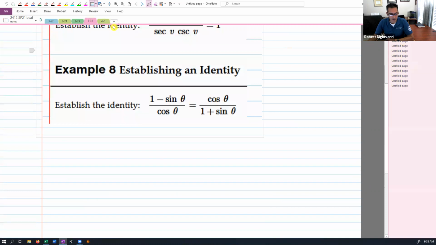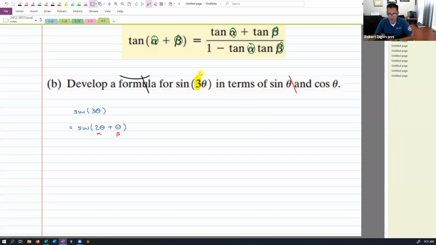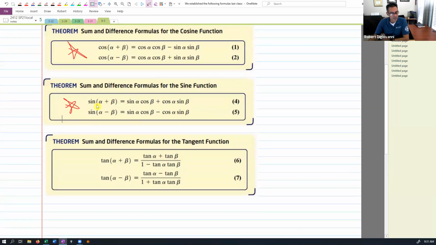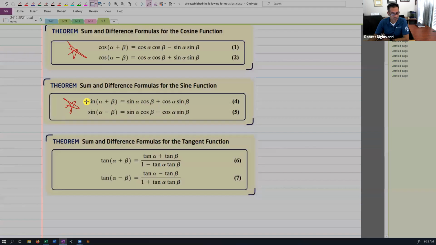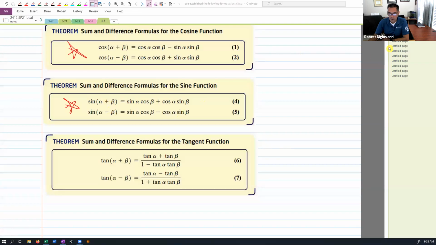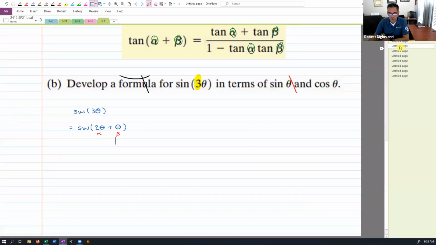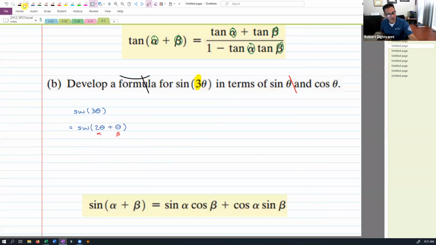oh, you know what, sorry, forgot I put it on the first page here just for this reason. So we learned last class that if you have sine of alpha plus beta, it's sine alpha cosine beta plus cosine alpha sine beta, right? So you know what, I'll grab it. So here, let me drop this thing right here. So this should turn into,